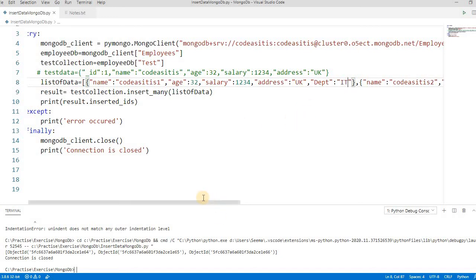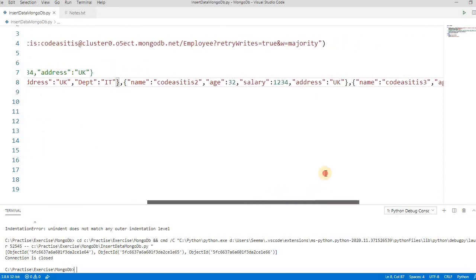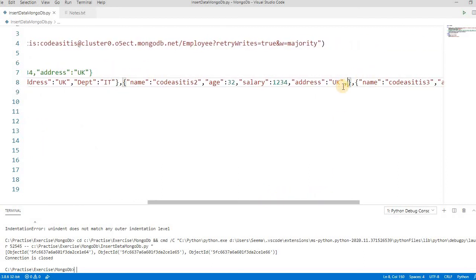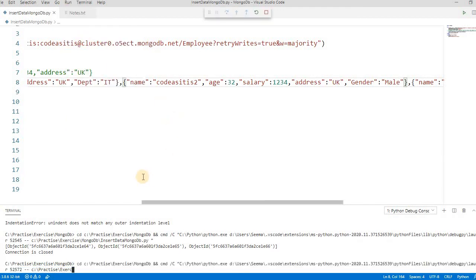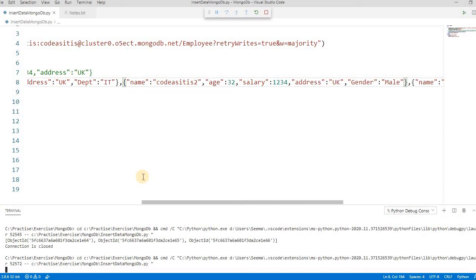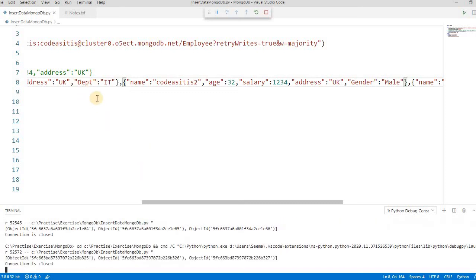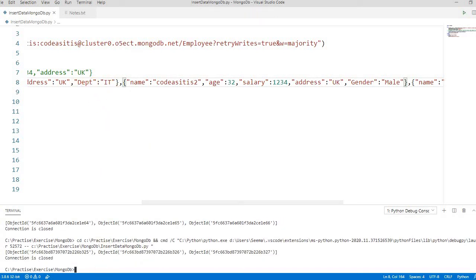In the second I don't need department, I need something like age, salary, address, anything like gender. So it gives the flexibility of inserting any data. It's not like an RDBMS, where once your schema is fixed you have to pass the value for each column name. You can pass anything. Now let's run this. That's the flexibility of MongoDB: your schema is not fixed.